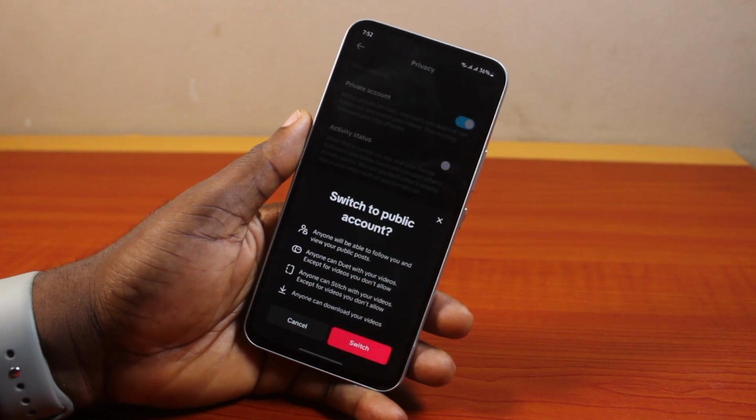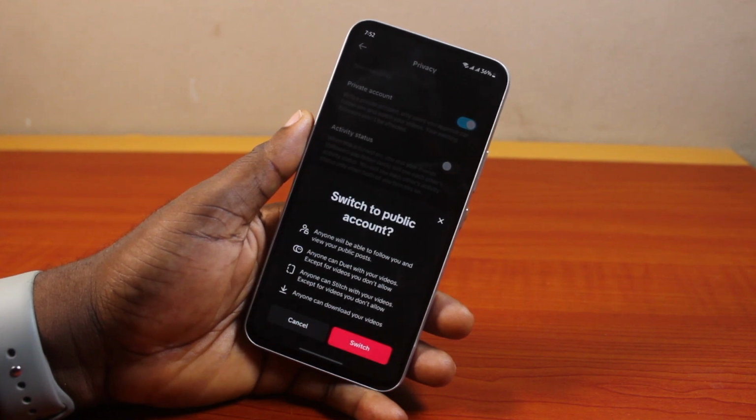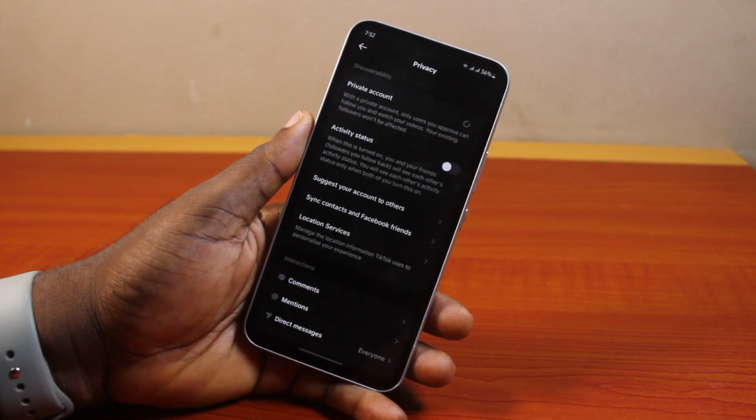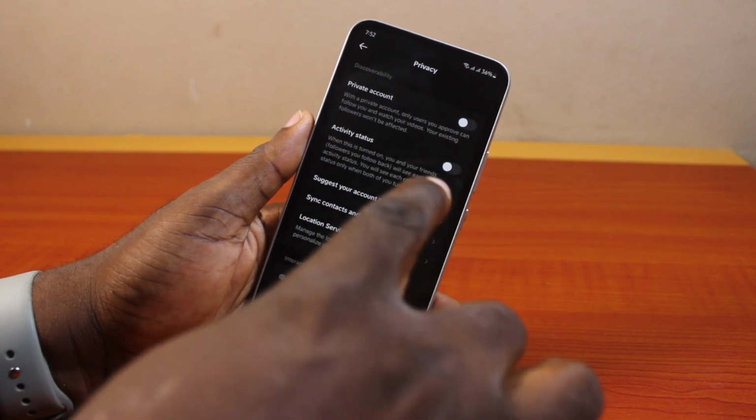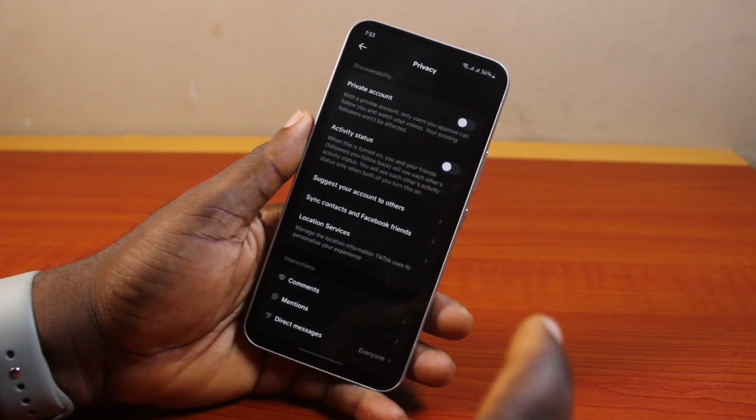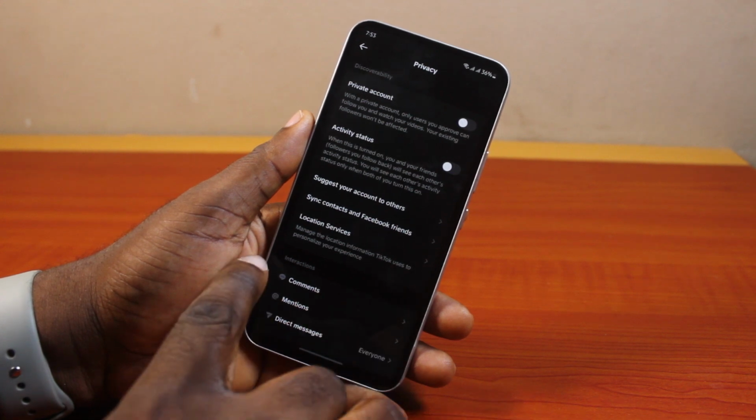Once you toggle that off, you see a message that says switch to public account. Then go ahead and click on the switch button and hang on. After a couple of seconds, you see your private account disabled and public account enabled. So that is basically how to